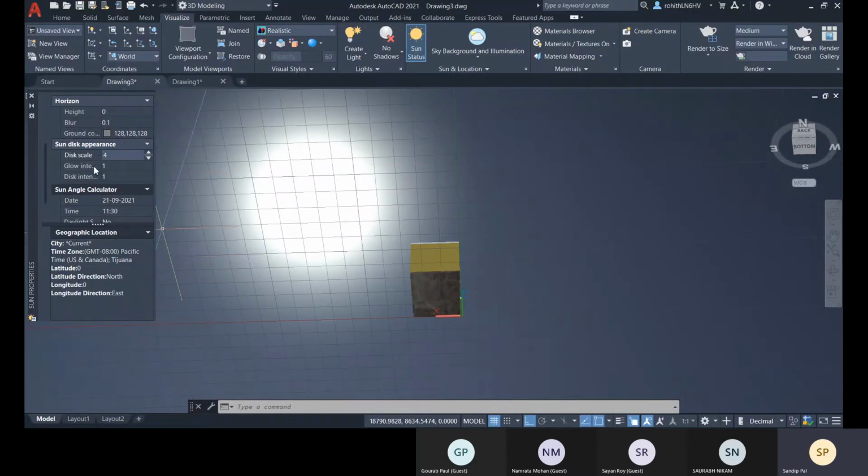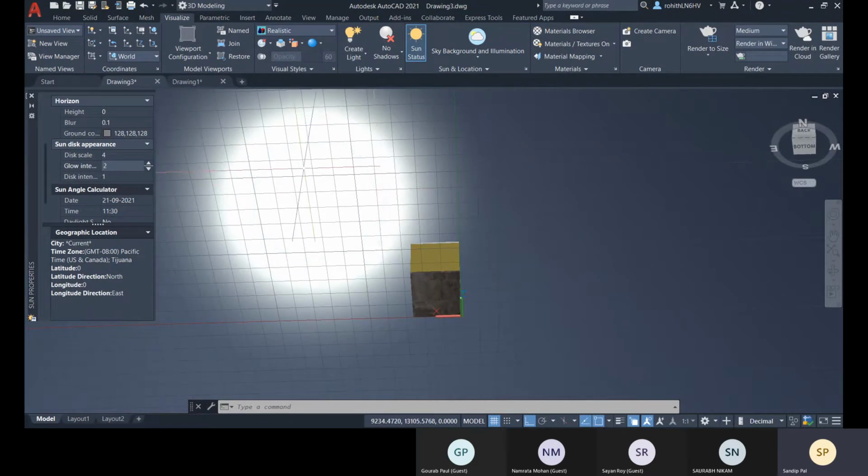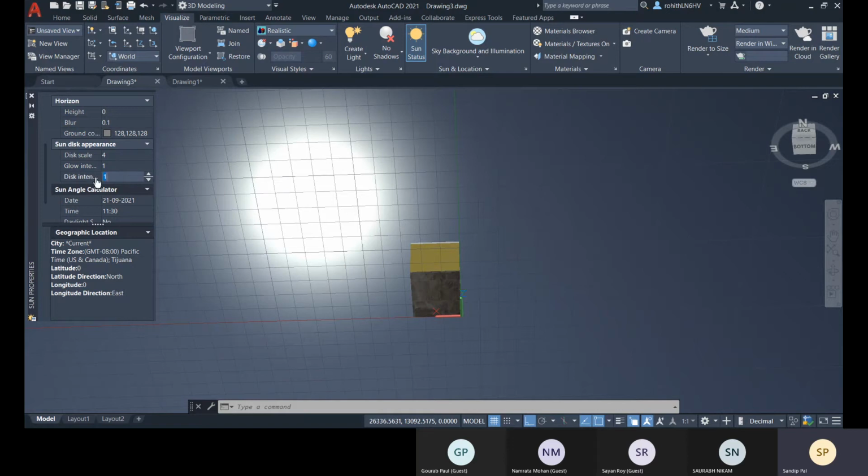All right, and how much glow intensity you want to increase, that will be increased. And then this option is also the disk intensity, with which you can multiply how much the illuminance will be for the disk itself.